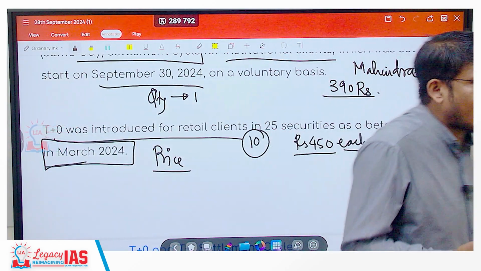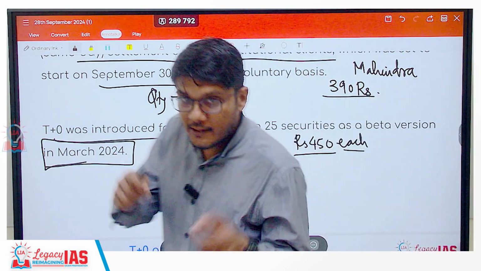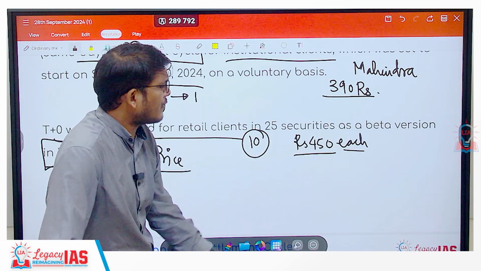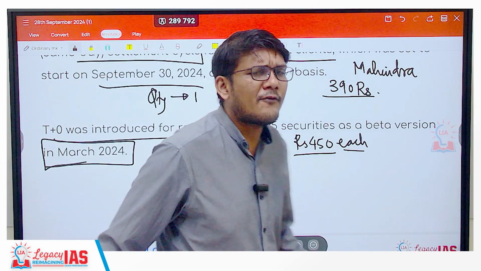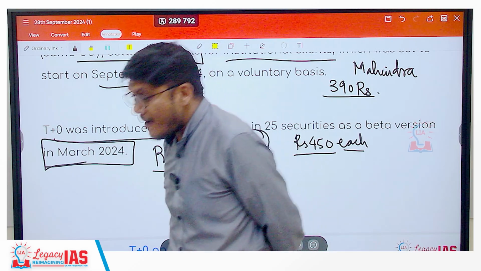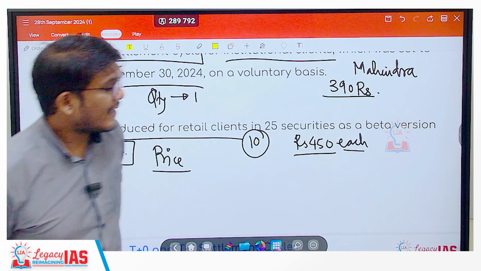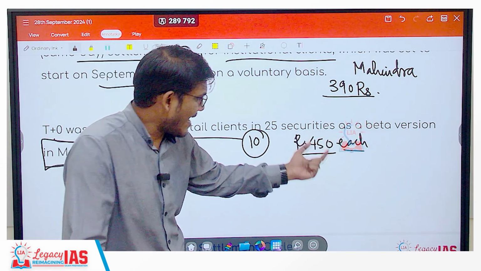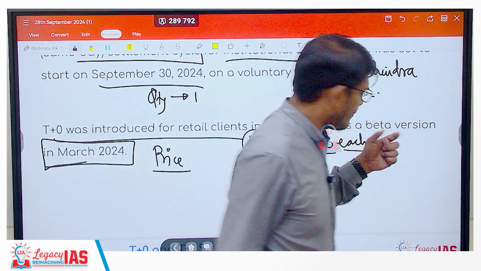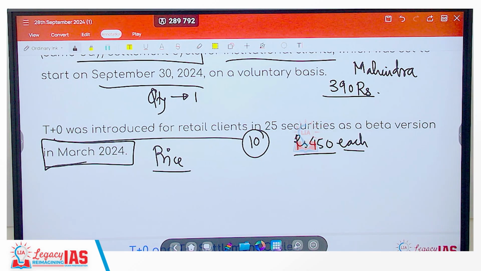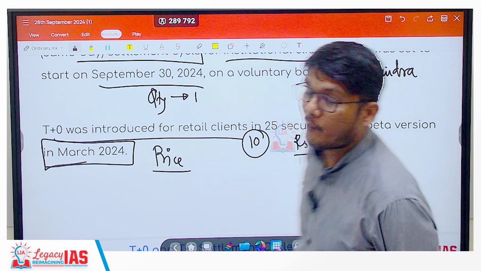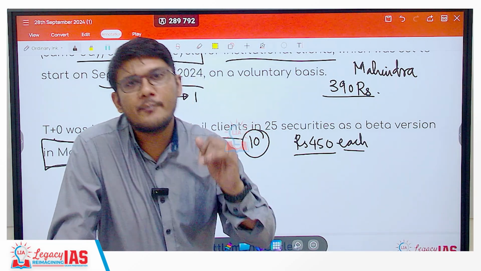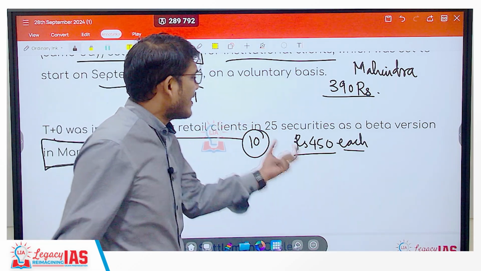Why don't they do it like that? Because the market can change suddenly. If it is just one share of 450, and all of a sudden it falls down 10-15 rupees, not much of a loss. But imagine someone selling shares worth 10 crore rupees, or 45 crore rupees. Then a decline of just 45 rupees here is a decline of 10%. So that will be a decline of 4.5 crore rupees. So huge amount of losses can be incurred because of the sudden decline.